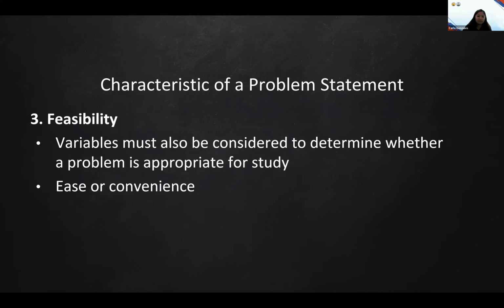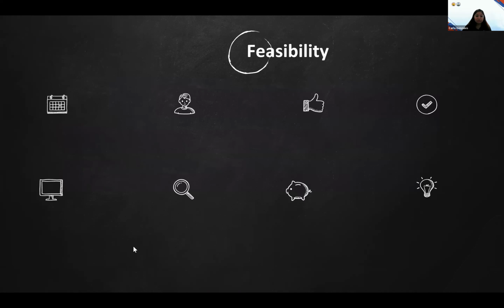In terms of time and resources, yes, you could conduct a study over one semester, and then the following semester, you do the analysis of the findings. So this problem, again, is feasible, because the variables are measurable, you can easily target your population, it is very easy to do the data collection, and there is a reasonable time frame for you to complete the study. Okay, so this is what I was talking about.